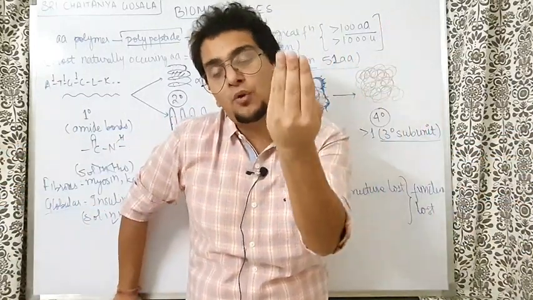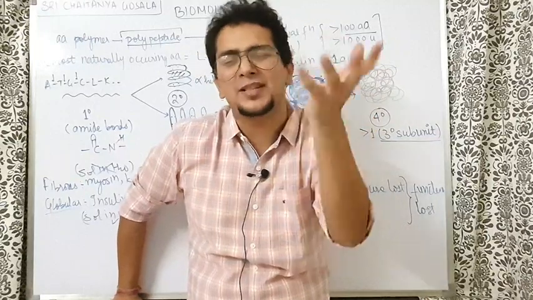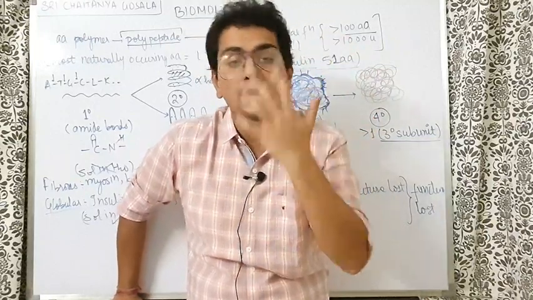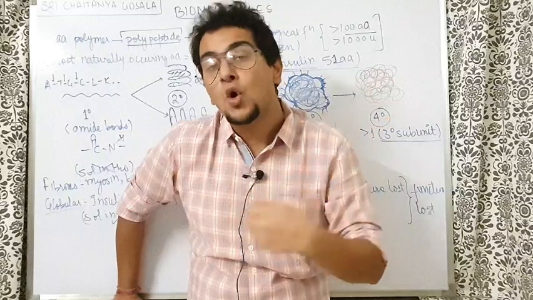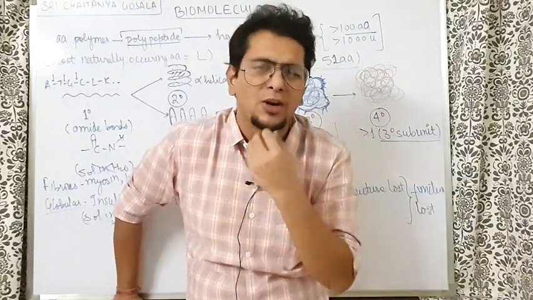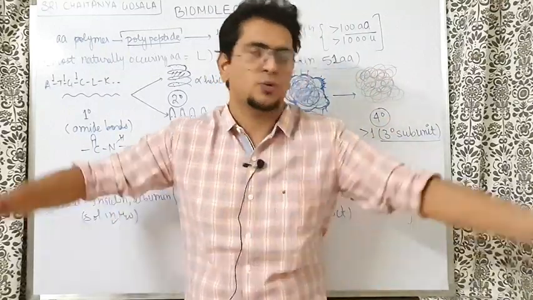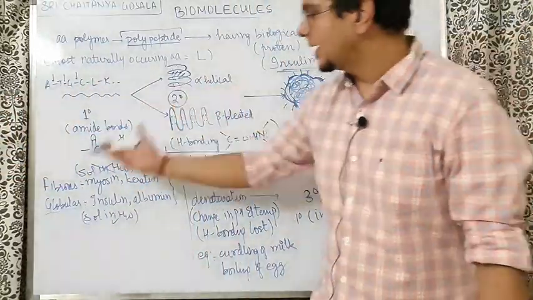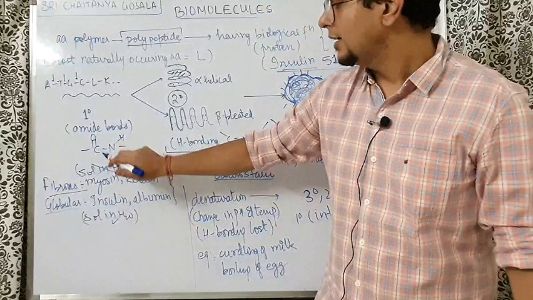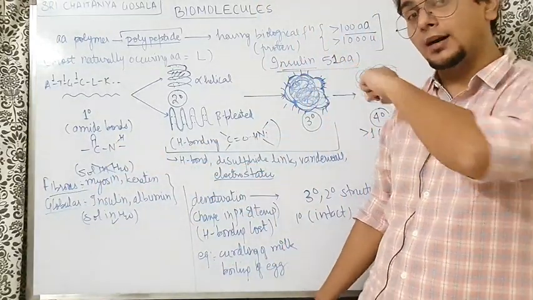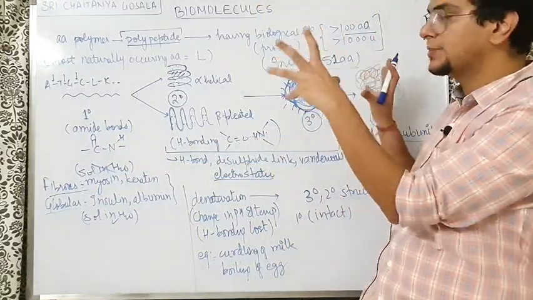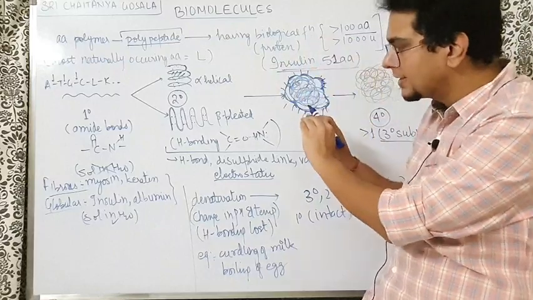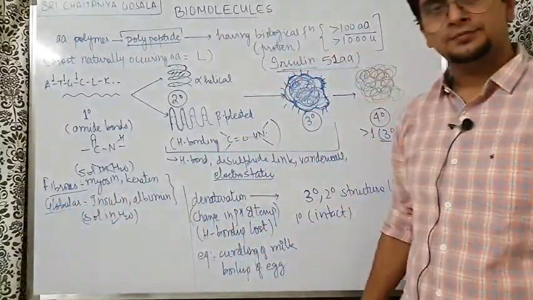Why? Because only 5, 6, let us say, groups were there who were water loving, who wanted to dissolve in water. The remaining all of them are water hating. So when you project everything outwards like a beta pleated sheet, and then you get the tertiary structure, that protein is called a fibrous protein, not soluble in water. But when very smartly you project only the hydrophilic groups outside, hiding the hydrophobic inside, you get the globular protein.